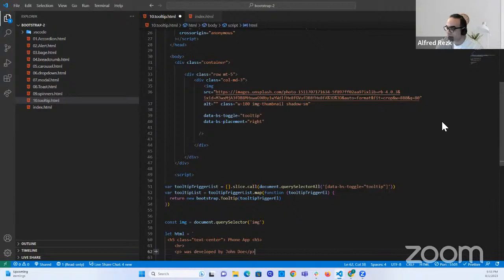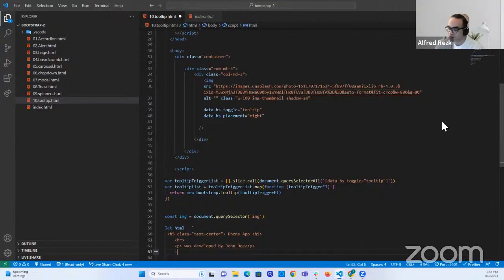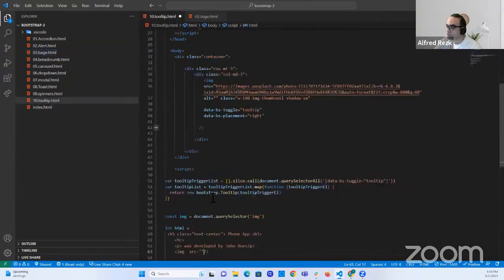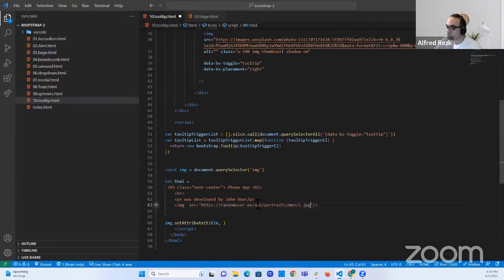Close the paragraph, and let's add an image for that person. Add a source, and we go to the page and get the person image for that Mr. John Doe here. And I can add a style